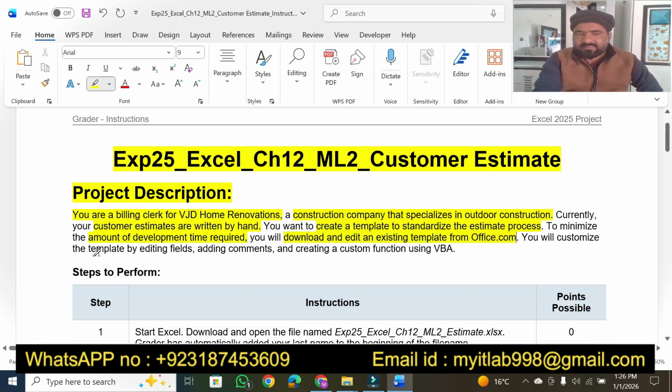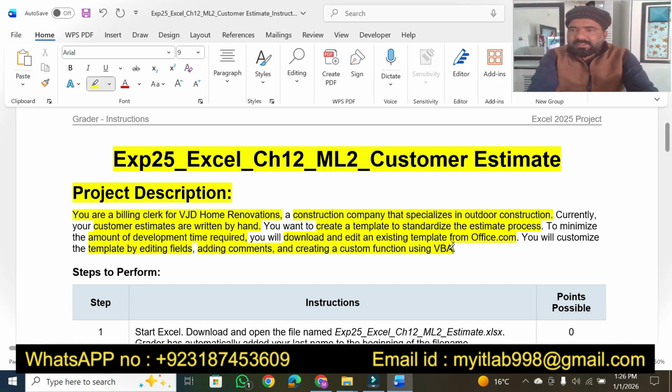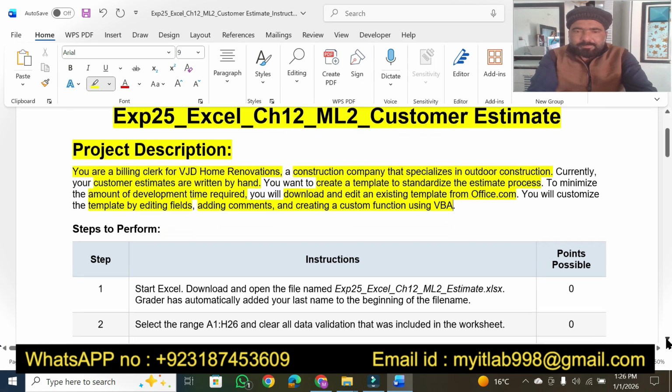You will customize the template by editing fields, adding comments, and creating a custom function using VBA. Okay, so that was simply the project description that told what we have in today's project, and how we have to solve that one. Okay, so now we are moving to